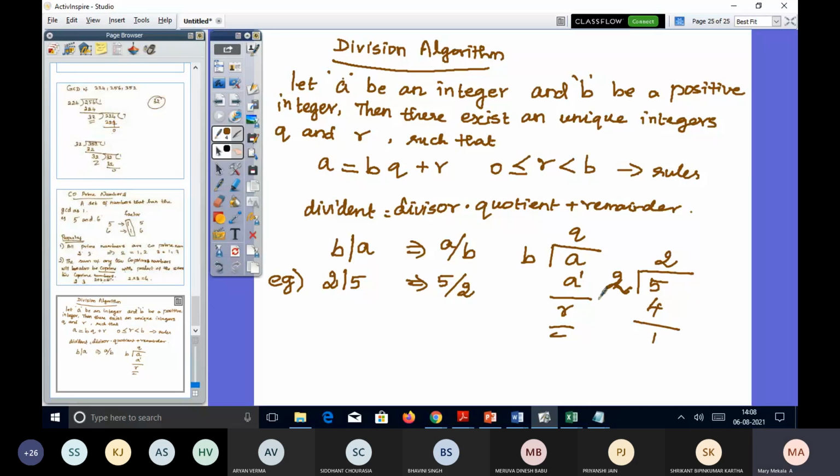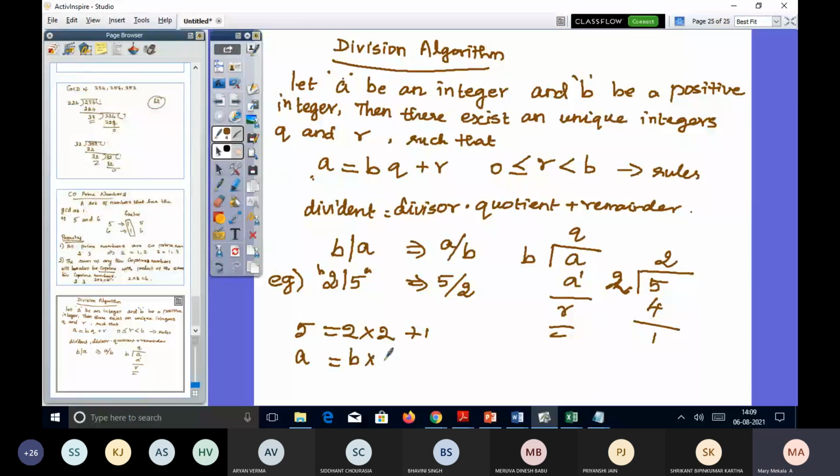So here, how do I write this one? So this is B and this is A, isn't it? So how do I write this one in this particular format? 5 is equal to 2 into 2 plus 1. So that is correct, right? So you can see here, this 5 is A, which is equal to 2. This particular 2 is this B